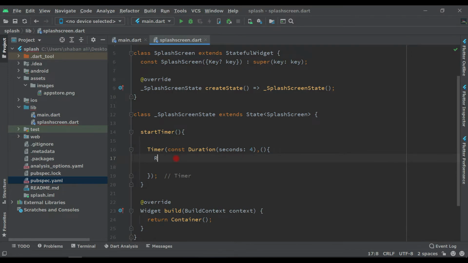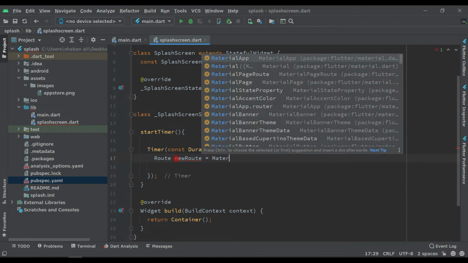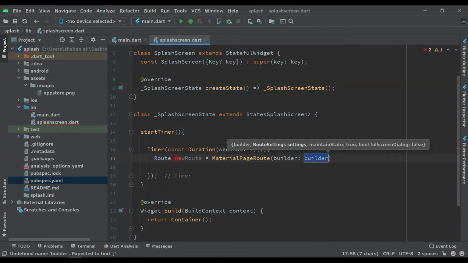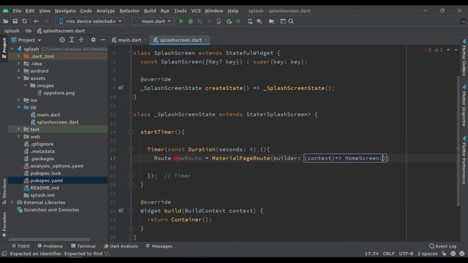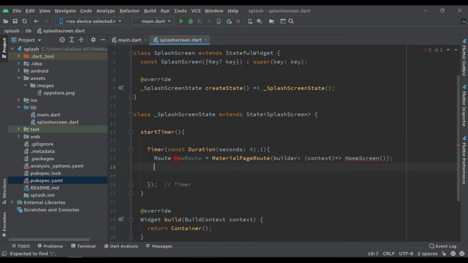So let's say here root, new root equals MaterialPageRoute, and remove this builder and write context equals greater than, and we have to send to the home screen, which we will create right now, and put a semicolon.